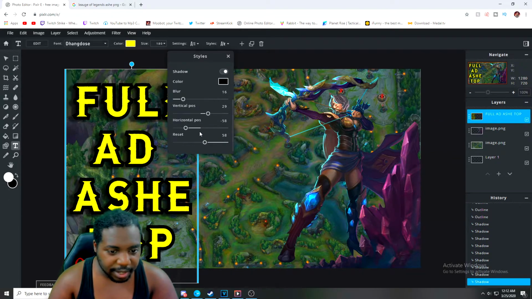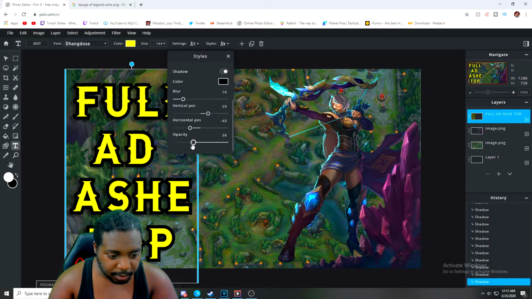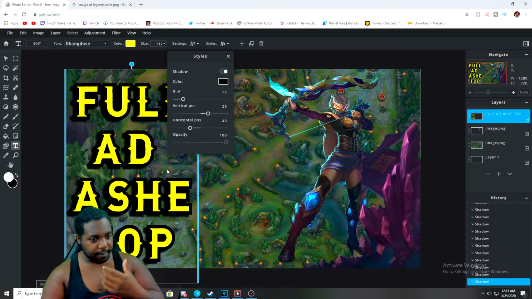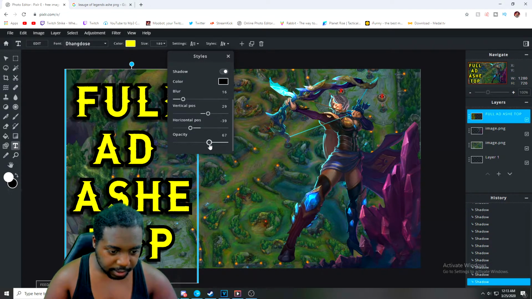Let's say there's a sun right here. You can bring the shadow to the left, or to the right if the sun is over there. Let's bring it to the left a little bit. You can make it a little bit transparent, or make it very hard to get an extra effect, so it looks like a really tough shadow on it, or you can make it very subtle